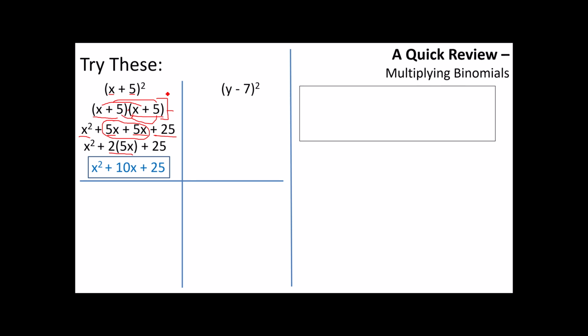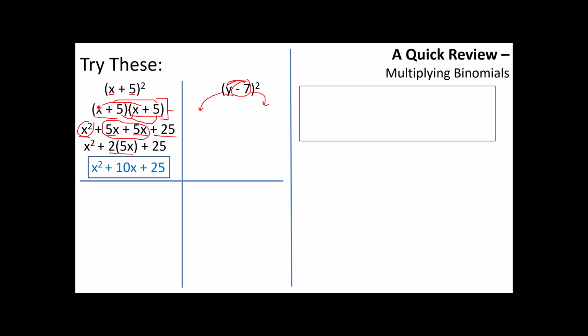I'm going to go ahead and do this. I know that the first term is going to be a perfect square. The first term is going to be a y squared over here. I know the last term is going to be a negative 7 times a negative 7, so I should have a 49 at the end. The other thing that I know is that the middle term is going to be a y times a 7